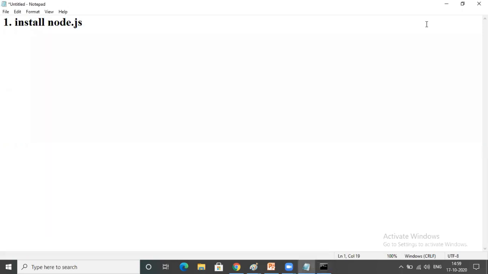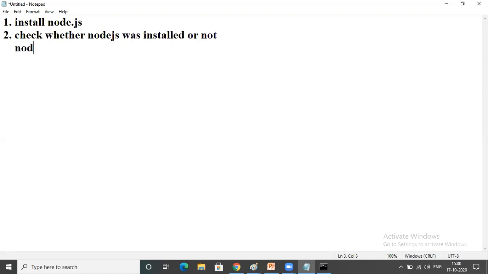The order of installation I've written here: install Node.js, and then step number 2, check whether Node.js was installed or not. Are you following?